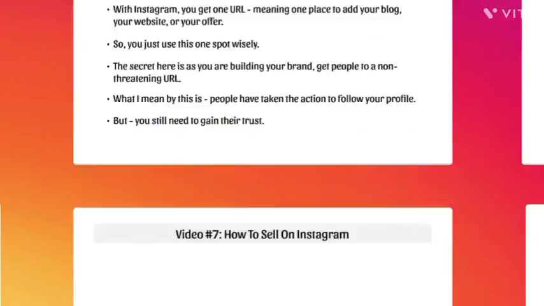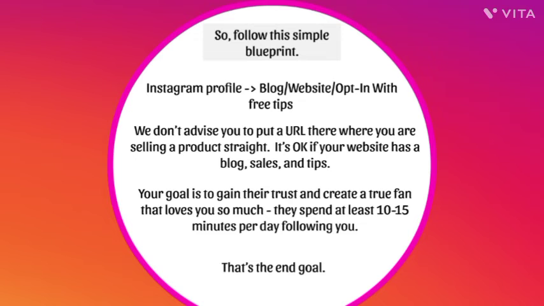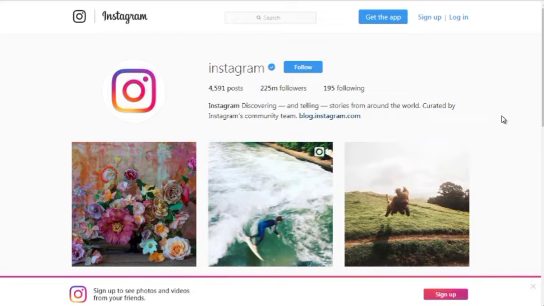So what I want to do now is just hop on over to Instagram.com and let's talk about what we just talked about. All right, so Instagram is a mobile app, so I can't show you a ton, but I can show you at least a few things. But if you go to Instagram.com/Instagram, you'll be able to find the search bar. If you go straight to Instagram.com, then you'll be met with a screen that says you'll need to download the app. But as you can see here, you get one URL, and the one URL is going to be located basically at the top inside your description.